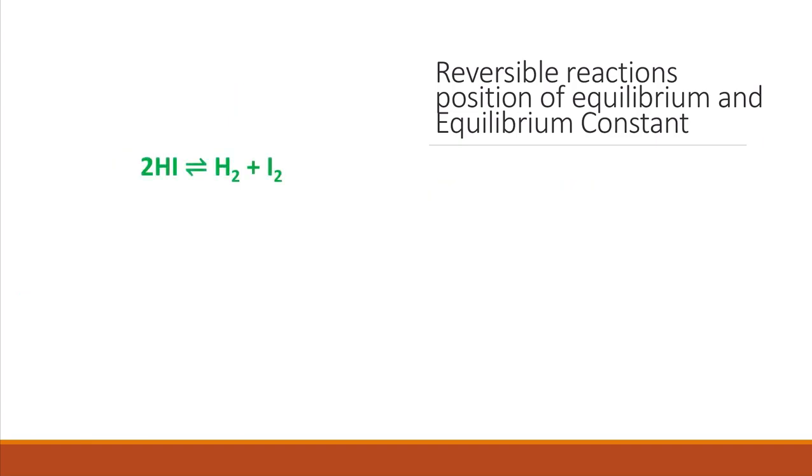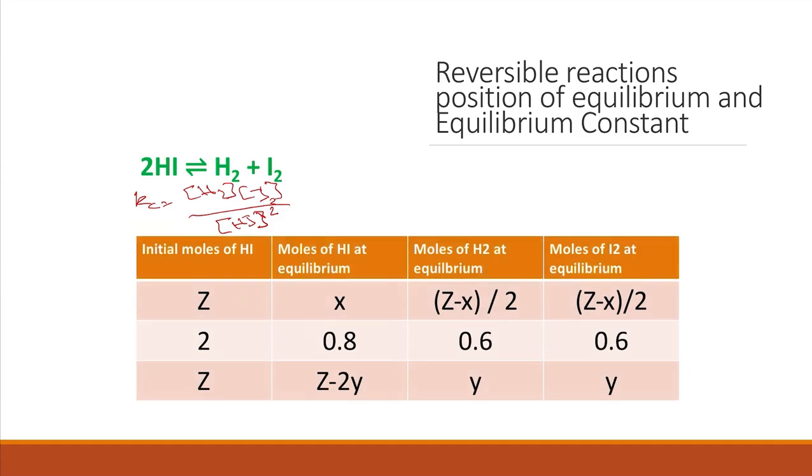So let's practice. If we have something like this reversible reaction, two hydrogen iodides give you hydrogen and iodine. Remember, the Kc here will equal the concentration of hydrogen times the concentration of iodine divided by the concentration of hydrogen iodide squared. If they give you the initial moles of hydrogen iodide in this reaction, and then they give you the number of moles of hydrogen iodide at equilibrium, and then they ask you to calculate the Kc,